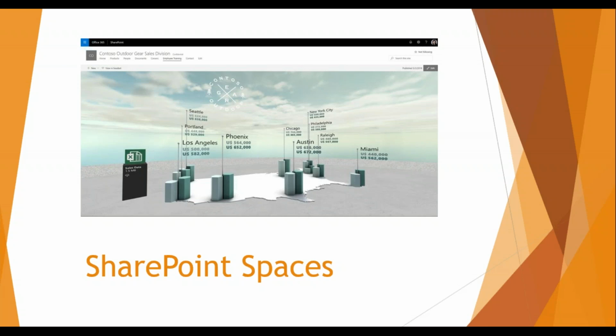So the business application here, as you can see from the screenshot, is really a new way to visualize your business data and explore your business data and really walk through your business data in ways that you haven't seen before or haven't been able to before. This is very early in the development of this. They are having limited preview programs coming soon, so don't expect this to hit production any time soon.